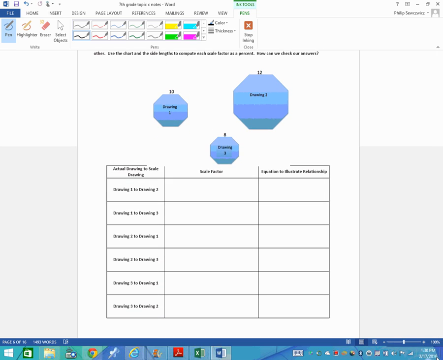This one here is more about filling in tables. We're not going to fill in the entire table, but we're definitely going to look at part of it. What we're doing here is scale factor. We're going from drawing 1 to drawing number 2. So drawing 1 to drawing 2. So when we do that,